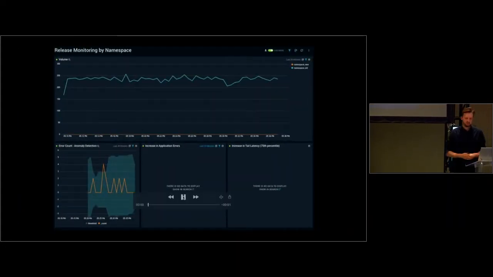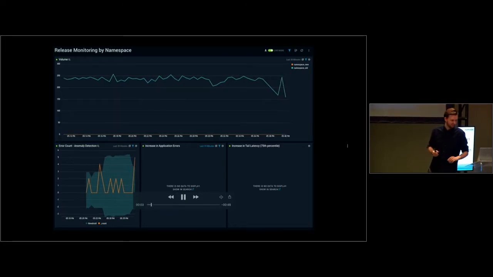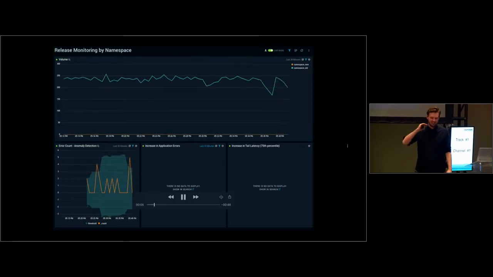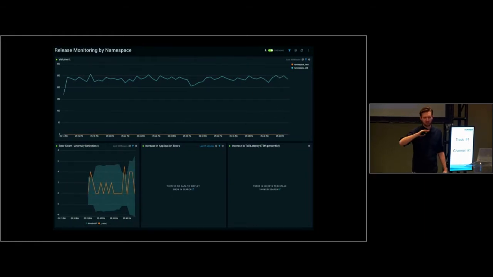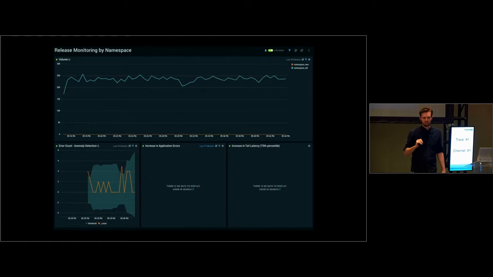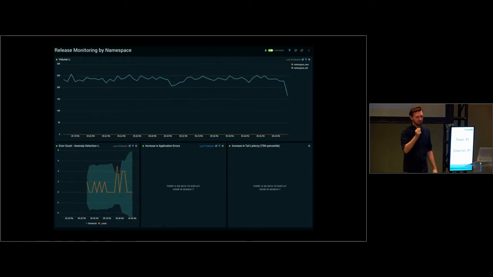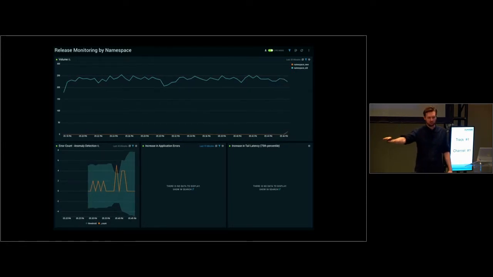So this is just a pre-recorded demo of release monitoring. At the very top, you're going to see a blue line. The blue line is all the traffic going to the current environment, the current namespace. What we'll do is dial up the traffic to the new environment, which will come up as an orange line